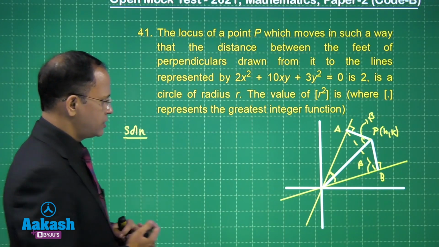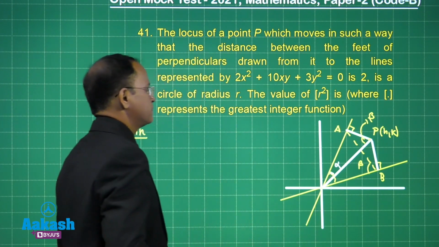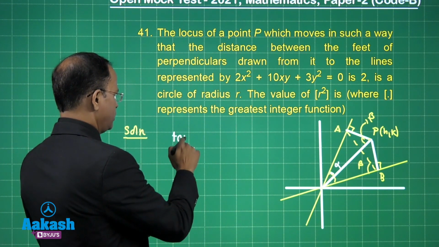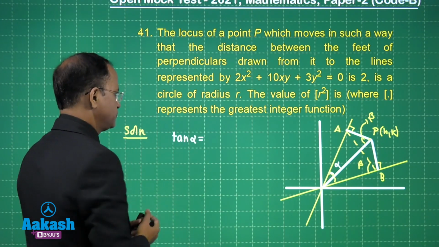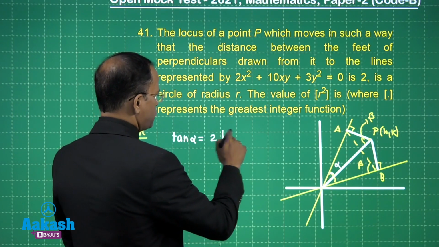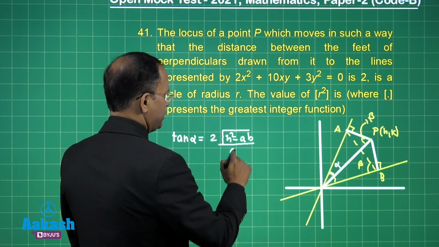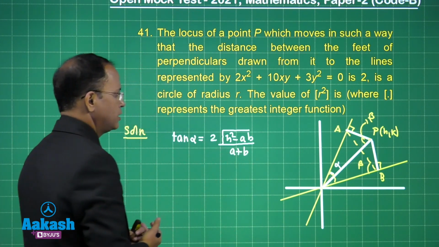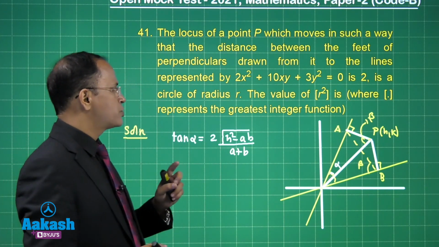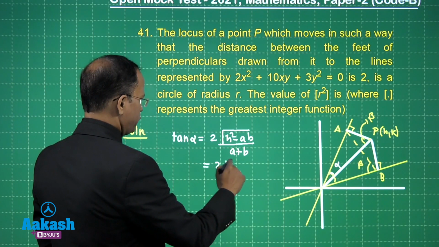Now, you see this is alpha we have, is not it? This is the alpha part. Now, if I talk about tan alpha, this is important for us, tan alpha. So, tan alpha means I am talking about twice of root of h square minus ab, upon a plus b, isn't it? This is what you have, right. Now, we substitute, a is 2, b is 3, h is 5. So, once you substitute, we get 2 root 19 upon 5.